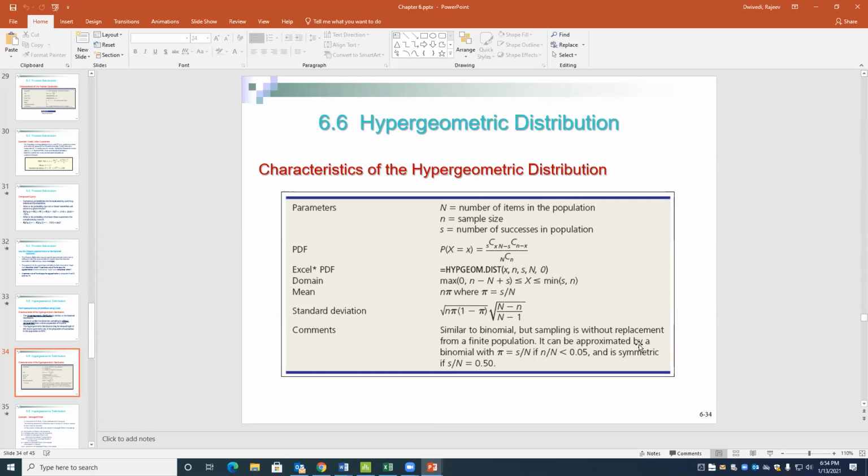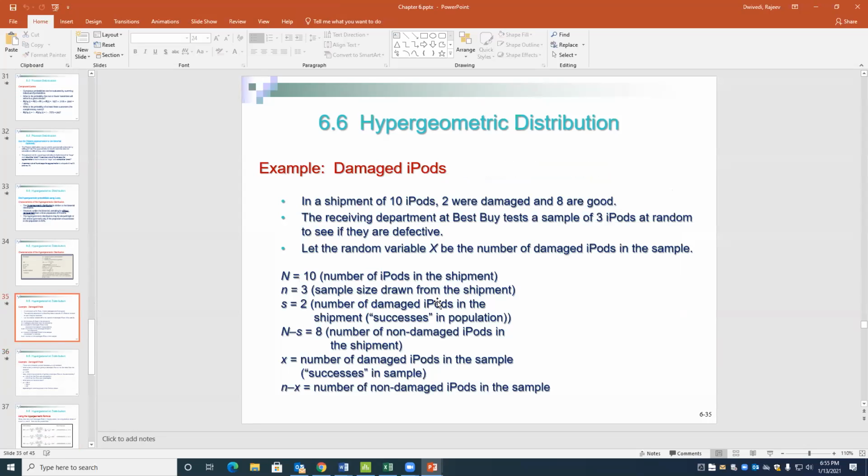It is similar to binomial, but sampling is without replacement from a finite population. It can be approximated by binomial with pi equal to S divided by N, when n upon N is less than 5%. Remember, if sample divided by population is less than 5%, and it is symmetric if S upon N equals 50%. Only 1 or 2 questions are there on this condition, but they are straightforward in the assignment. Look into this one simple